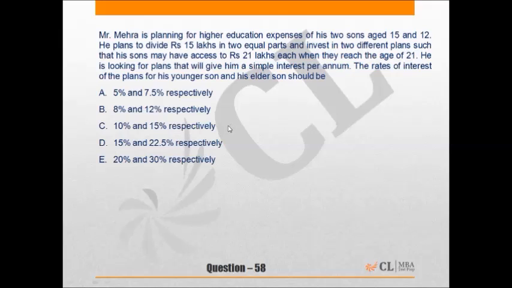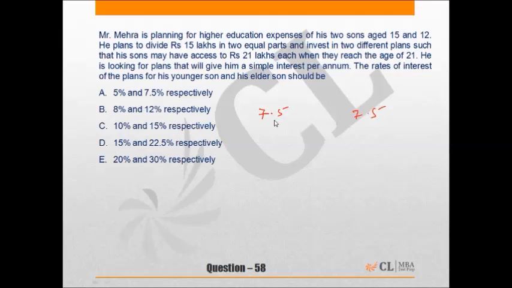This is a problem of simple interest and is quite easy. Here we have Mr. Mehra, who is planning for higher education expenses of his two sons, aged 12 and 15. He plans to divide 15 lakhs in two equal parts, that is, he wants to invest 7.5 lakhs for each of his two sons and invest in two different plans